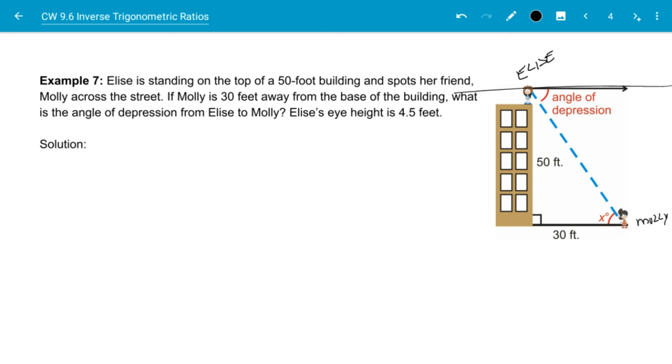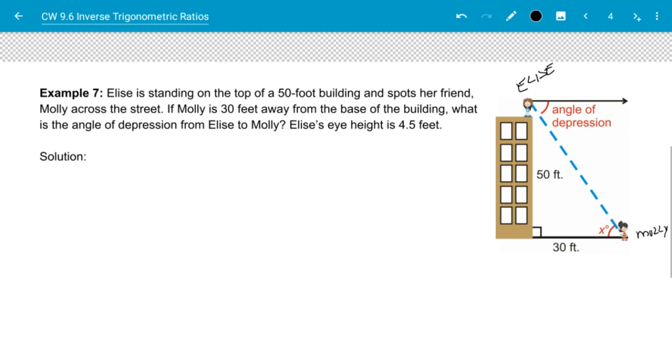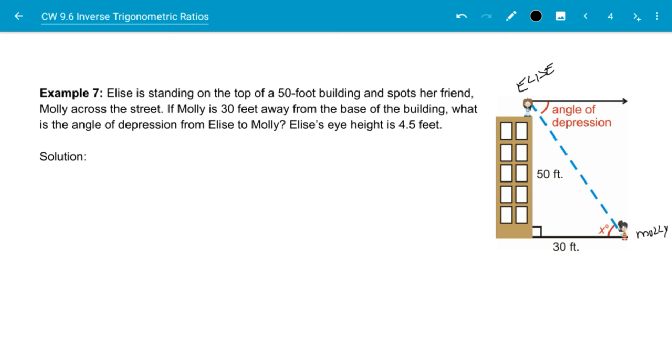But if I look at the horizontal and the ground, those would be two parallel lines. So when she looks down this way, that would be like the transversal. And the angle of depression and this angle X down here are going to be alternate interior angles, which means all I need to do is find angle X, and that will be the same as the angle of depression. So I have a